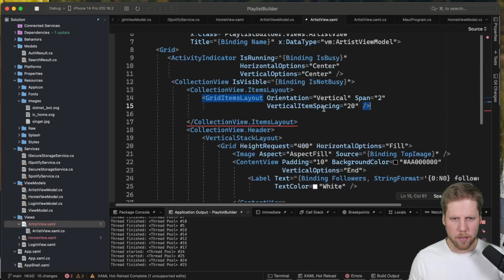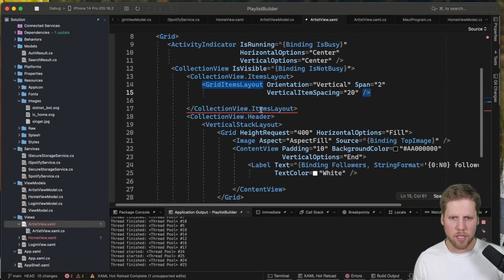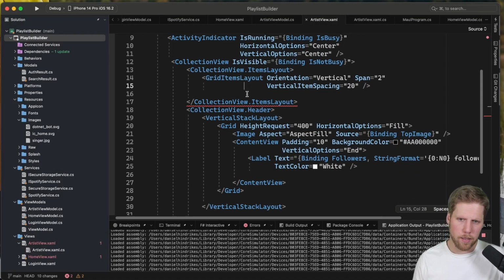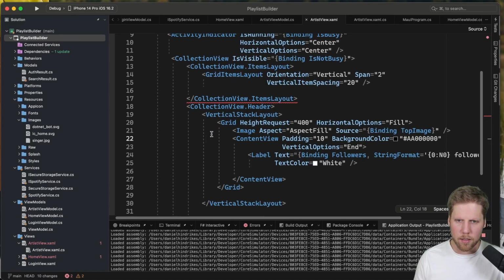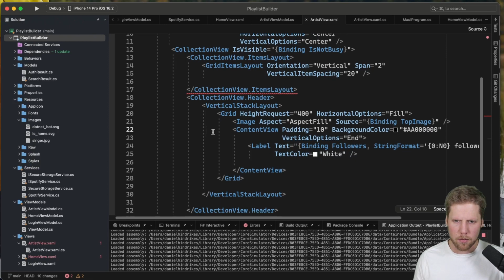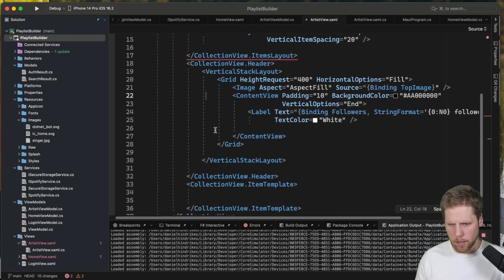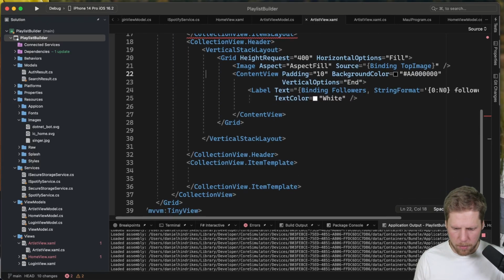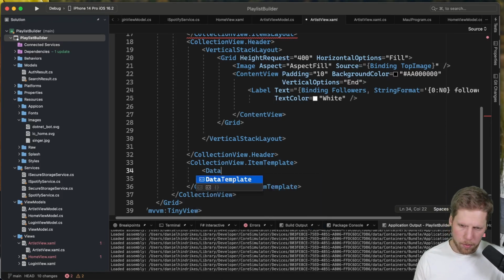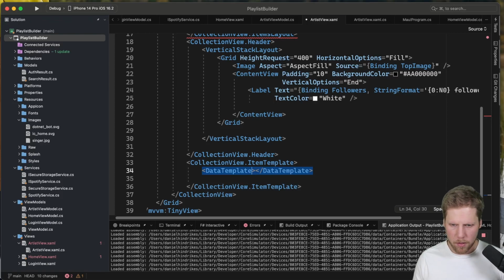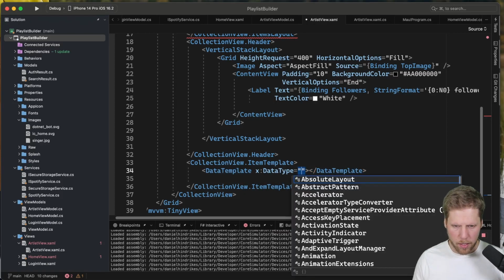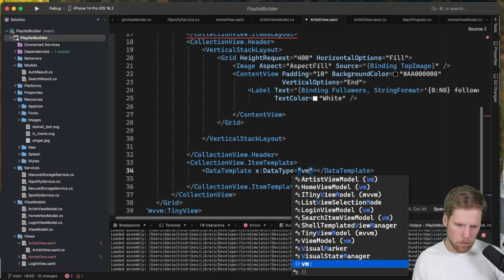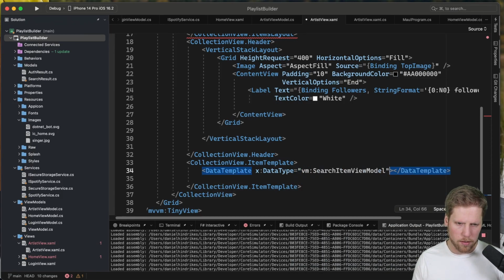So now we can go and add the template for each item, and you can see that it indicates an error here, but that's just the IDE that doesn't understand everything correctly right now. So let's go and create the item template, and we add a data template as we need for all templates. We set the data type and set that to the search item view model,